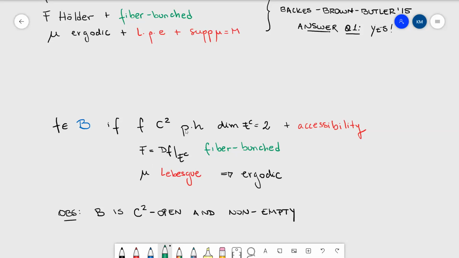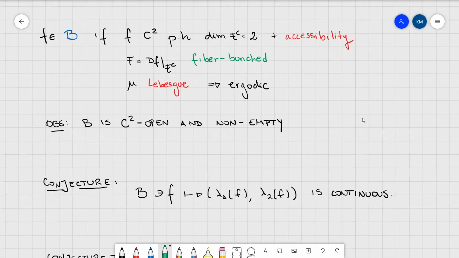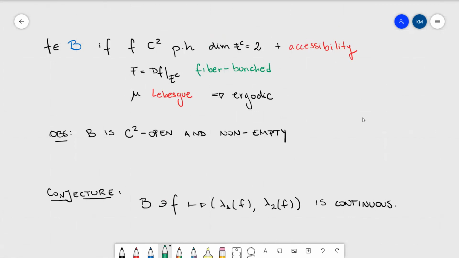This is open because I have partial hyperbolicity that is open. The center dimension is going to remain 2. This is a center bunching condition that is also C1 open. And by a result of Avila and Viana, we know if the dimension of the center is 2, then accessibility is an open condition. So all these conditions are open, and moreover, we are able to find diffeos that verify all of these hypotheses. So if I'm using the same hypothesis as here, my conjecture is that probably I'm able to prove also a continuity of the center Lyapunov exponent in this setting.